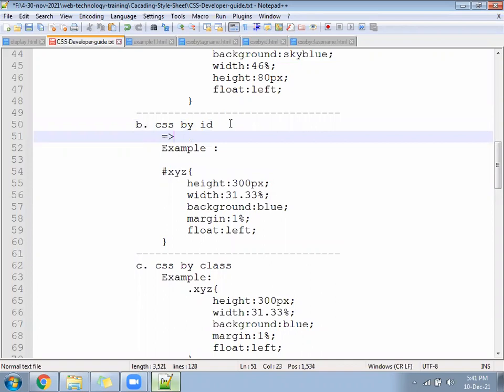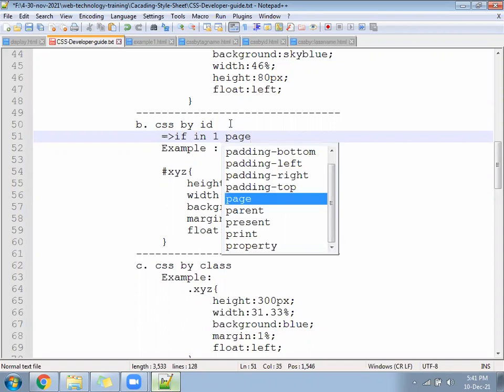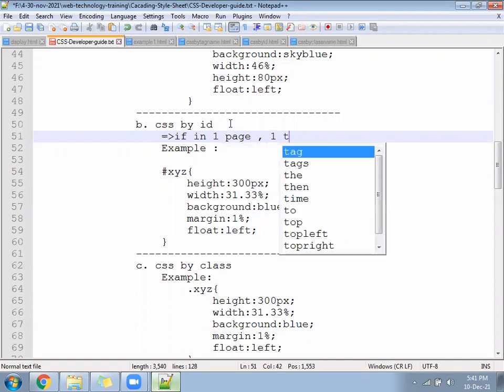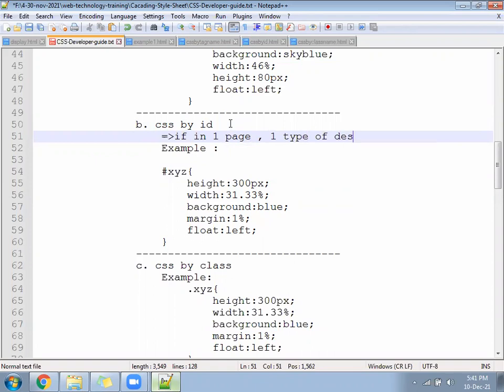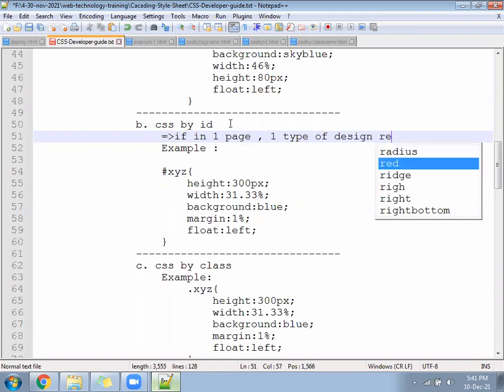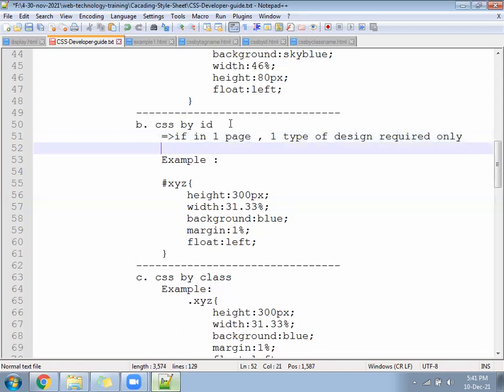Where to use? If in one page one type of design is required only one time.